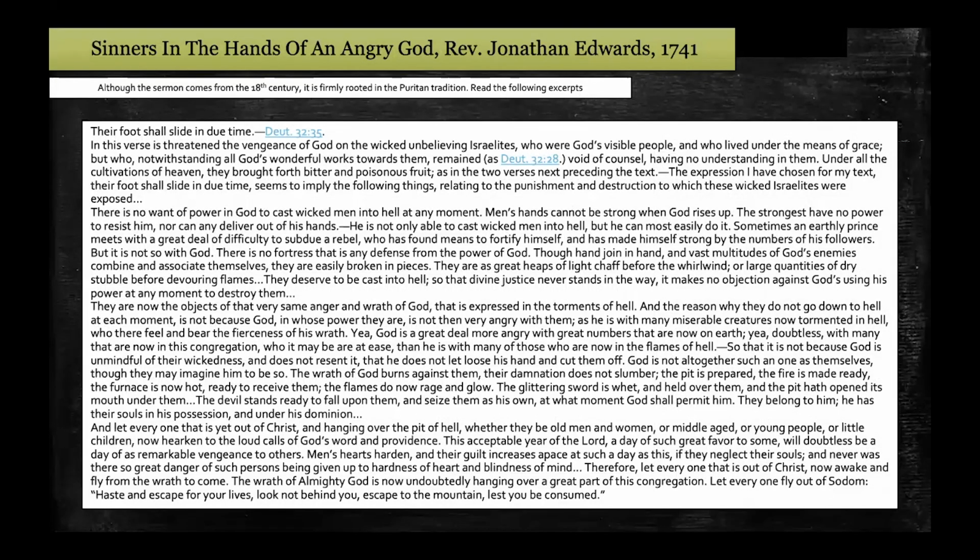I'll let you read this sermon. Please read it. When you read this, you get another window, or the same window, into the Puritan mindset. So we read John Calvin's foundational tenets of Calvinism, upon which the Puritan religion was based. And we had this window into the execution of Mary and this sermon. You put all these things together and you really get a sense of what the Puritans thought, how they lived their lives, the control that the church, the pastors, the religion had on their lives.